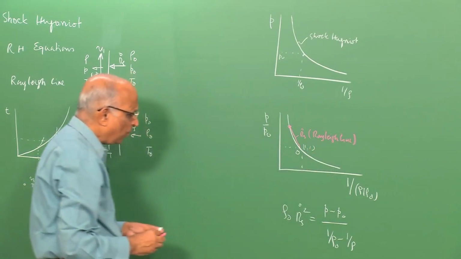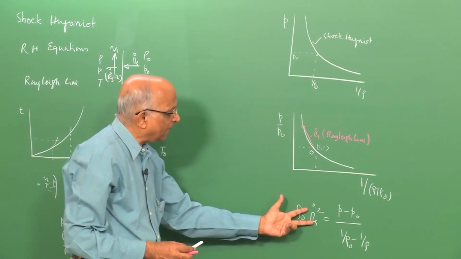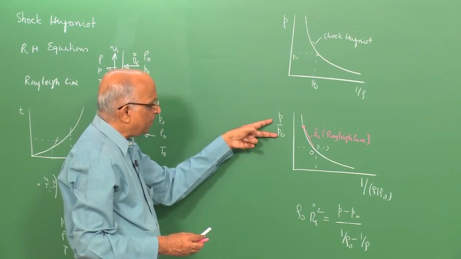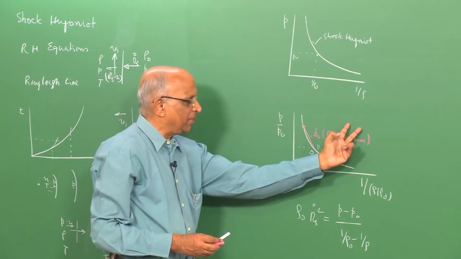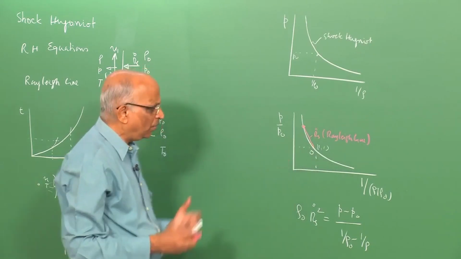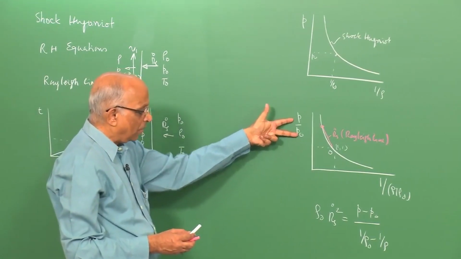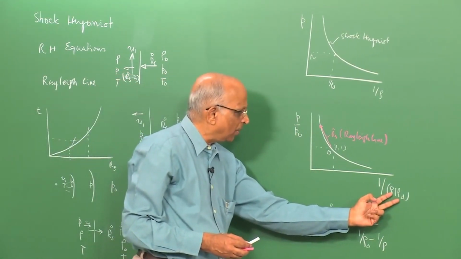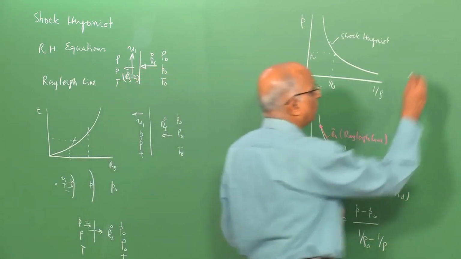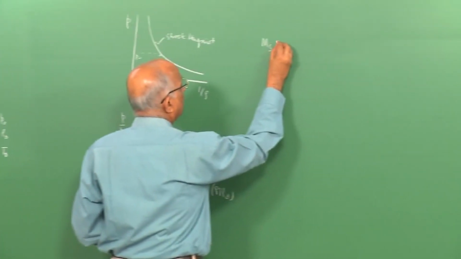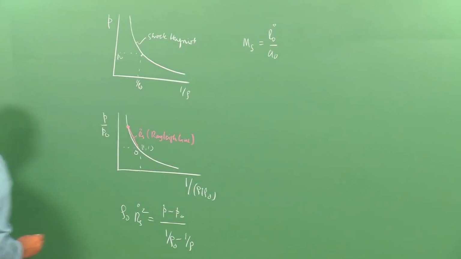But I found that even though graphically I can do it, can't I do the problem and get an analytical expression for P by P 0 as a function of Rs dot and of the initial conditions, let us say P 0, rho 0? This is what we wanted to do. To do that, we said, well, P by P 0 is a non-dimensional number, rho by rho 0 is a non-dimensional number, why not express Rs dot also as a non-dimensional number? We talked in terms of the shock Mach number, which is equal to Rs dot divided by the initial sound speed. That means, you have the